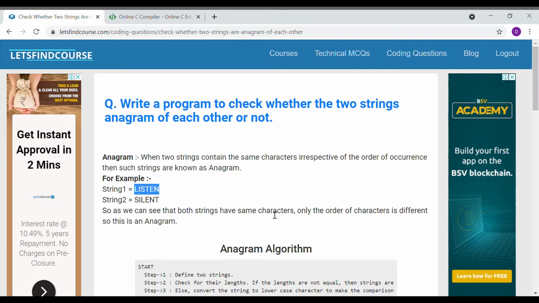In the second scenario, for low complexity, we use two arrays in which we store the count corresponding to each and every character.